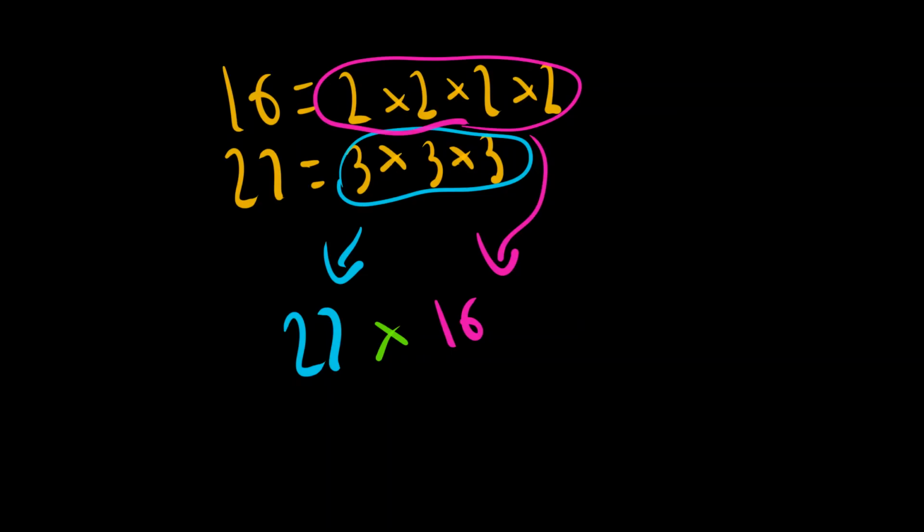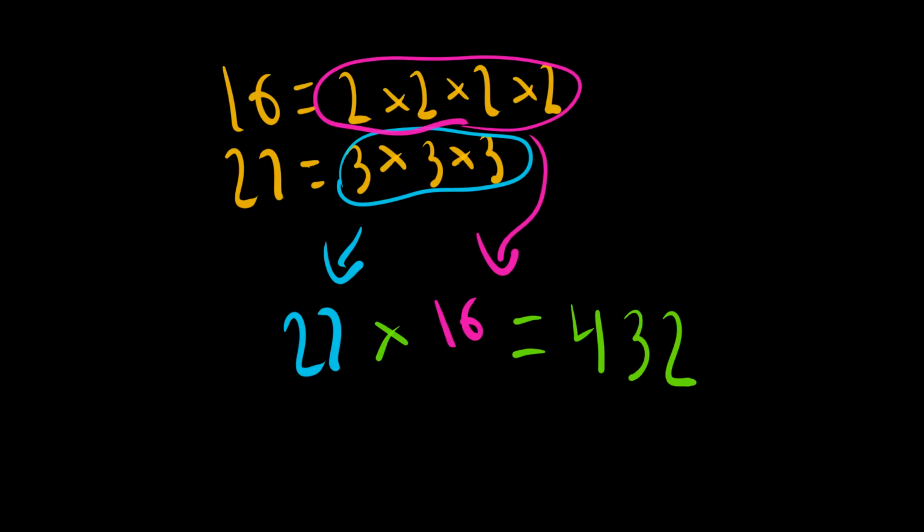So that's right. If we are comparing two numbers and they do not even have a common factor, you have no choice but to multiply those two numbers. So 27 and 16, or 27 times 16 is